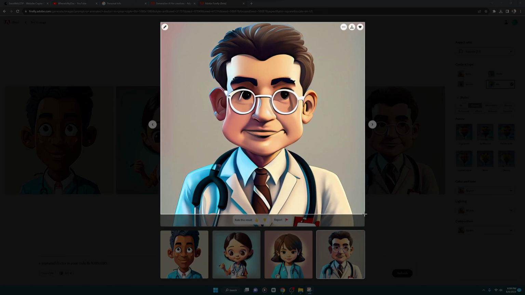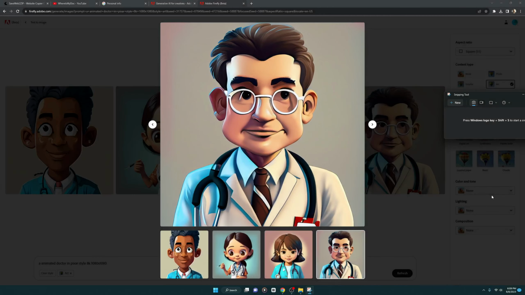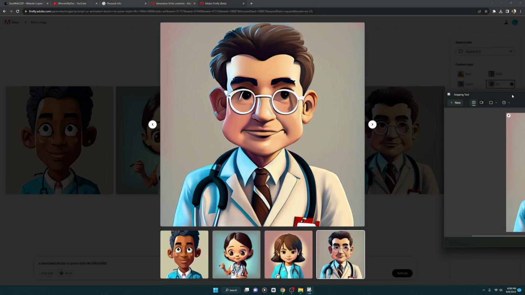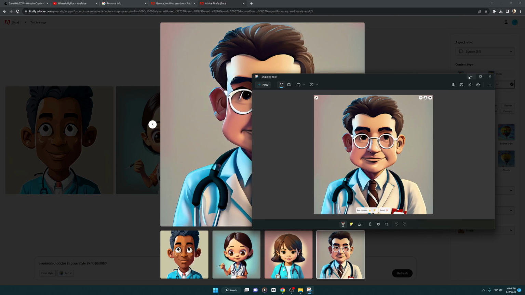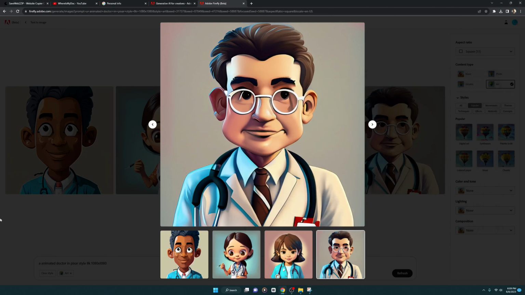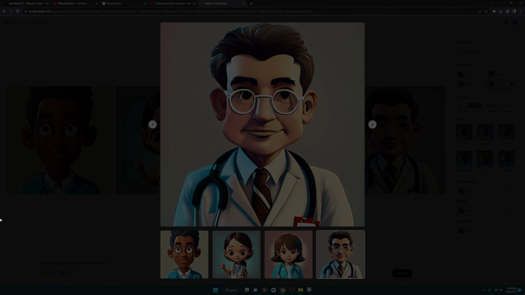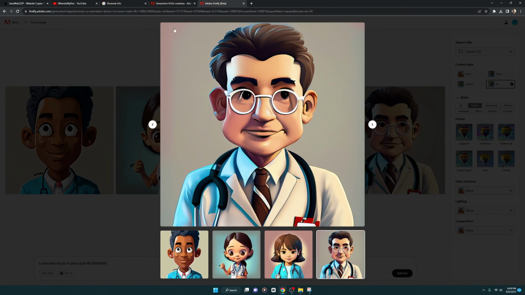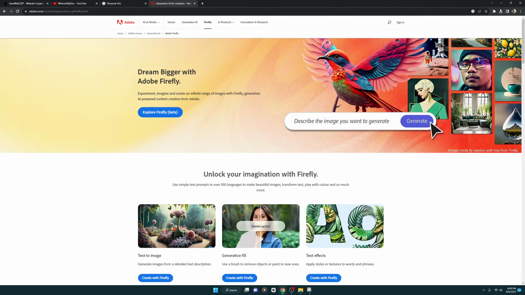Okay, like this, or I can simply say Windows plus print screen to capture the entire image, and we can then crop it